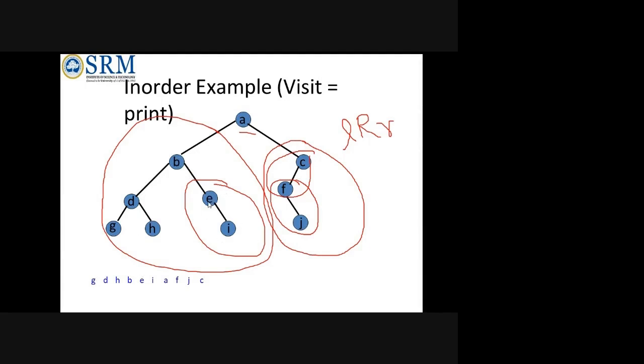When it comes to the right, E is there, but E is not a leaf node. If E were a leaf node, E would be printed. But E is having one more child, and luckily that is a right child. If E had a left child, then that would be printed after B. But E is not having a left child. So next, E is the root for this subtree. E will be printed, then I, that is, the right node will be printed.